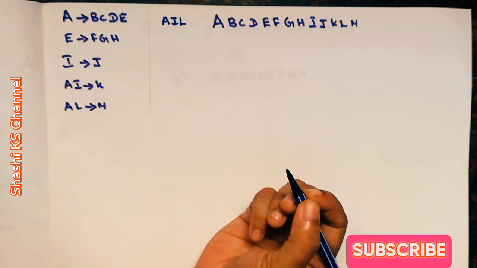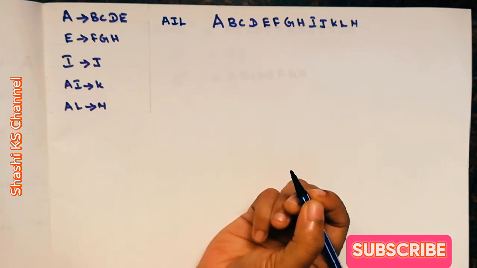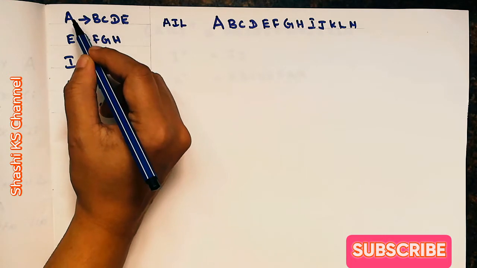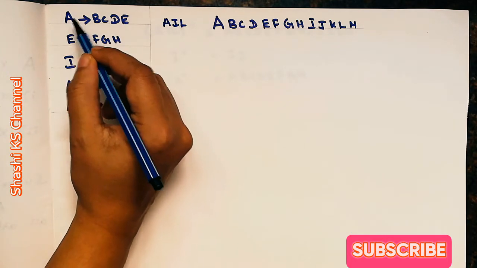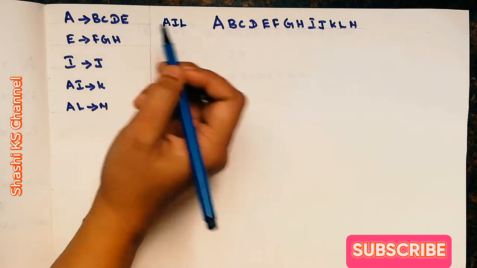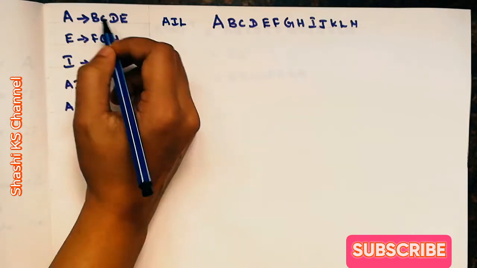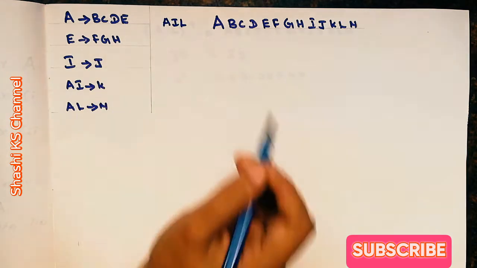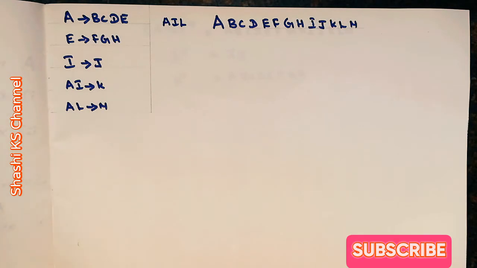Now you have to check whether all your functional dependencies follow this, that they have the super key on the left hand side. So the super key is AIL. Just check out the first functional dependency. First functional dependency is A determines B, C, D, E. But your super key is AIL. So this functional dependency is not in BCNF form. Okay, so the first step is you have to check whether the given relation is in BCNF form, and then if it is not in BCNF form, then you have to apply the BCNF decomposition algorithm. How to apply the BCNF decomposition algorithm?